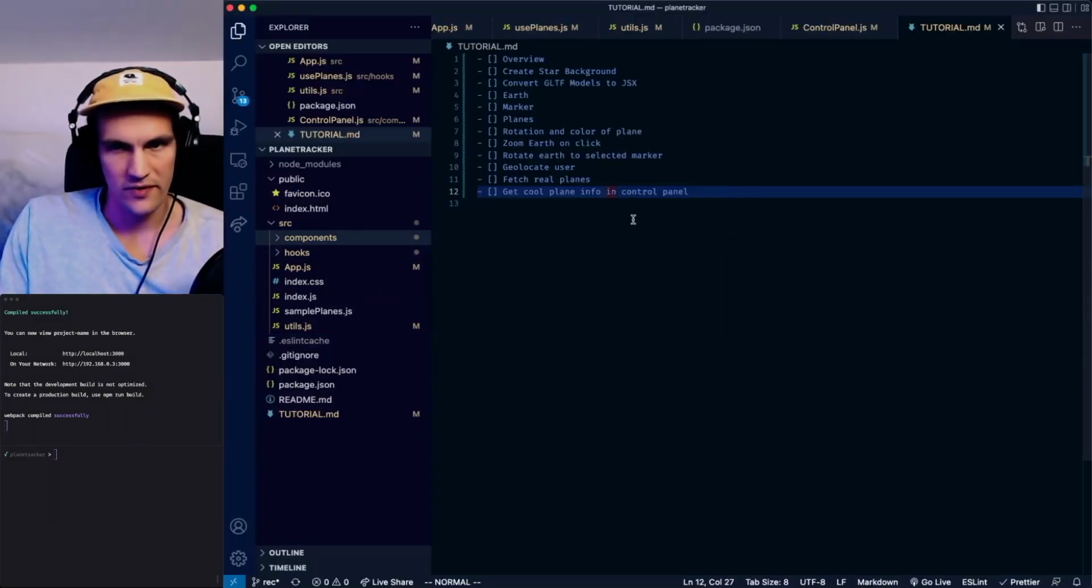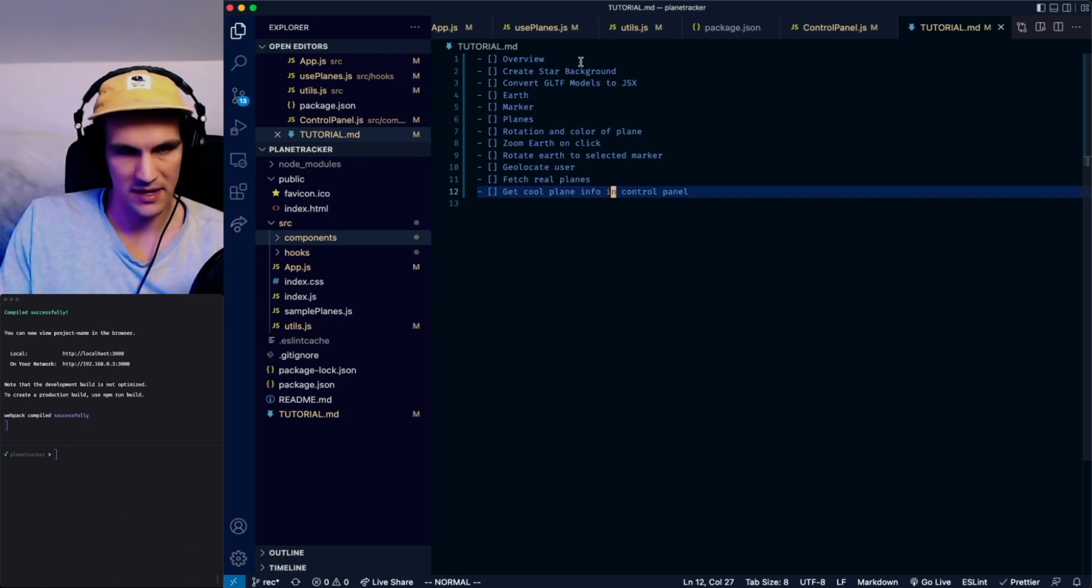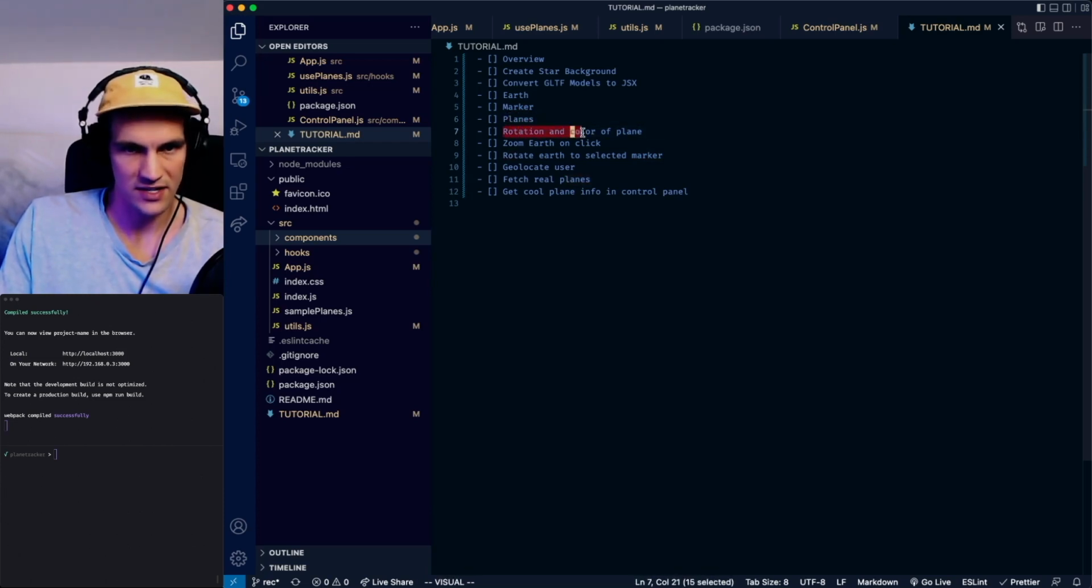Here is the overview of what we're going to go through today. So let's look overall at the project, the package that we're going to use and the markup and so on. Create a starry background, convert some models to JSX, render an Earth, a marker, some planes, fix the rotation and color of our planes. We're going to implement functionality so that you can click on the Earth and zoom in